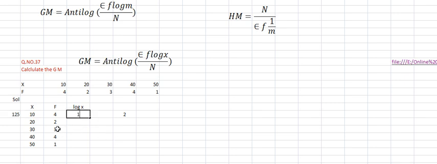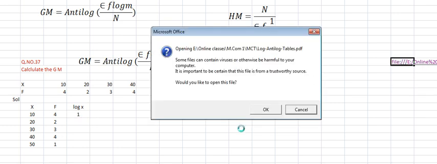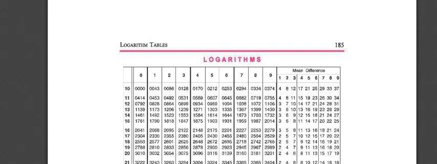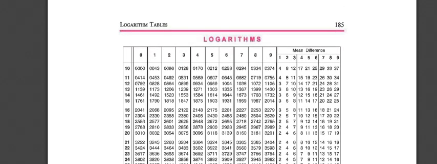So for a 3 place number, it is 3 place minus 1. Then after that, this was an example: a 2 place number, 2 place minus 1 is 1. Then the point. Then you find the log table now. What to find in the log table? The log table is like this. This was your log table. I am showing you the log table. See, the log table is like this.